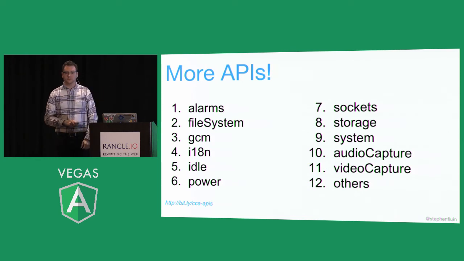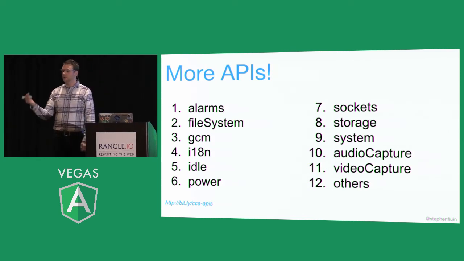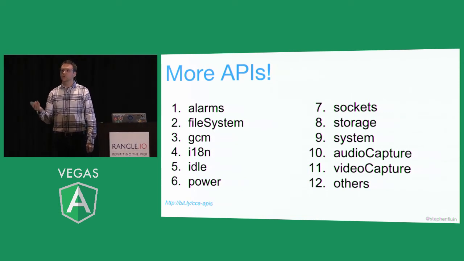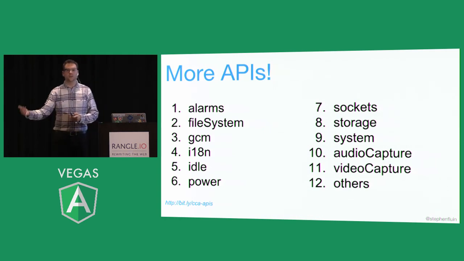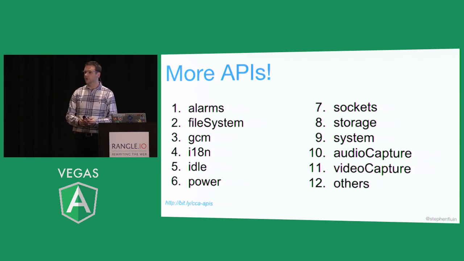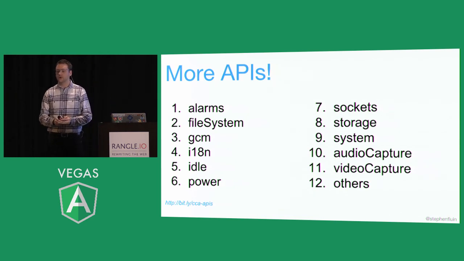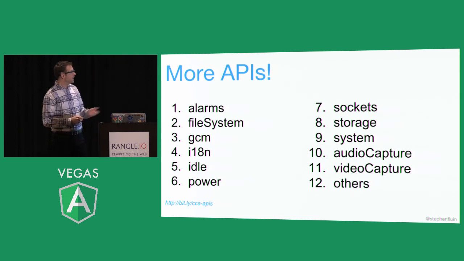So obviously alarms. If you think about the difference between building a responsive website and building an application, some of the time you want your application to be waking up when the user is not interacting with it, right? This idea of getting access into the system or getting access into a timer. So for example, building an alarm clock. Trying to build a responsive web alarm clock is not really going to do you very much good if the user doesn't have that browser tab loaded. Whereas here, when you move it down into a Chrome app, you could do that. They also have a file